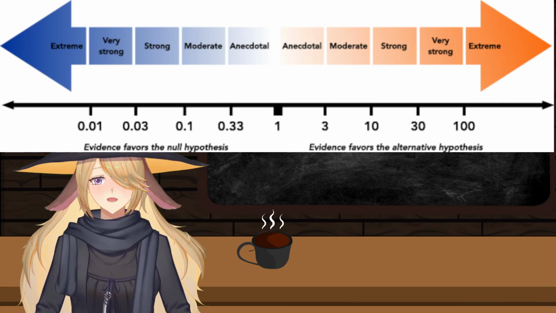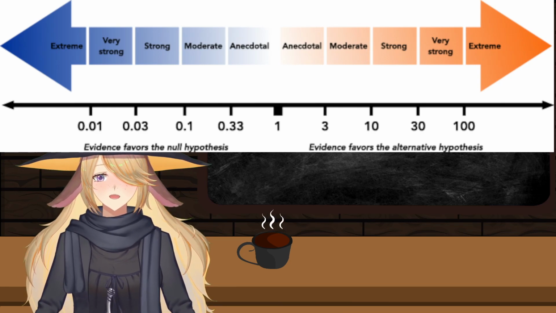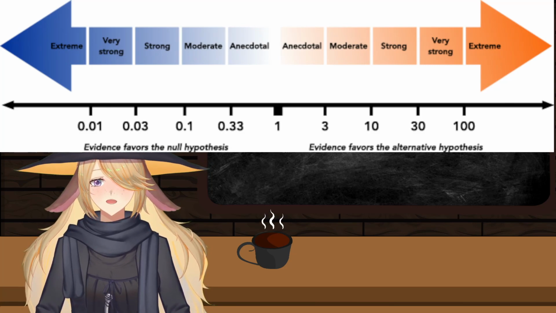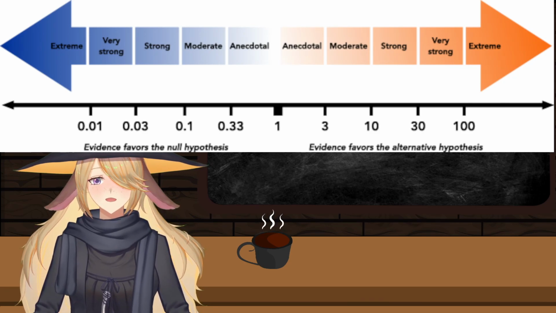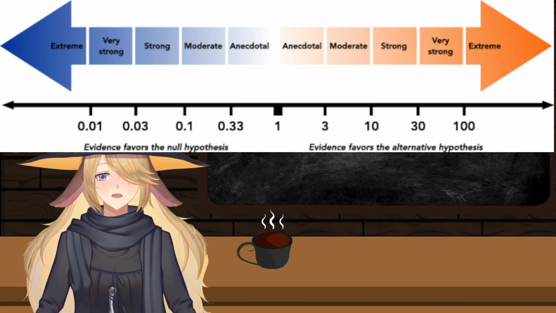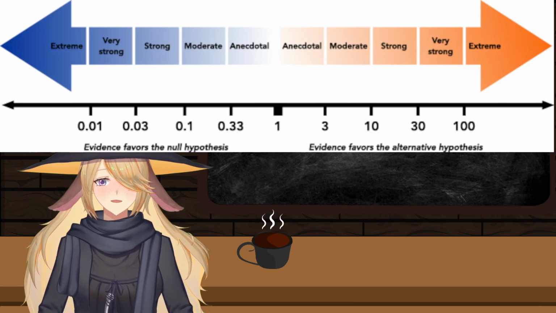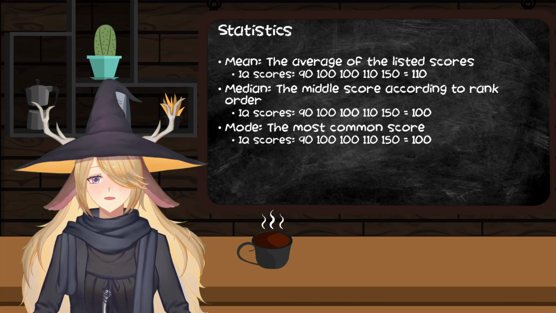The 0.1 and then the 0.1 to 10, you've got moderate and then strong and then very strong evidence in one direction or the other. So it's telling you not that, hey, a p-value is non-directional. It just tells you that there is something going on in this data set. A Bayes factor requires that you have to have a hypothesis going in and gives you a proportional amount of evidence in favor of one way or the other.